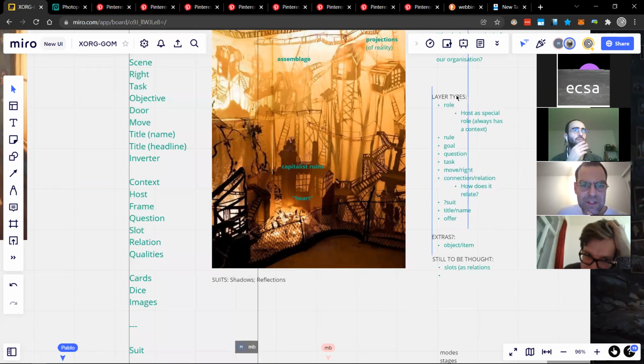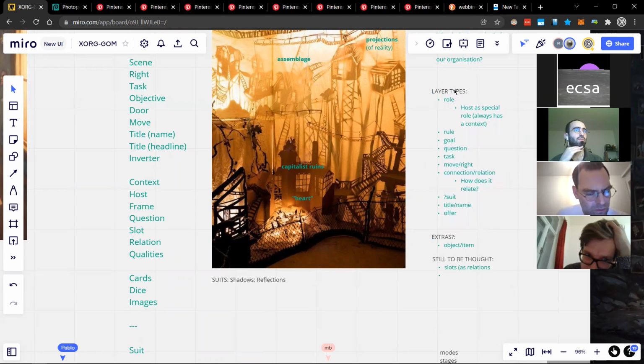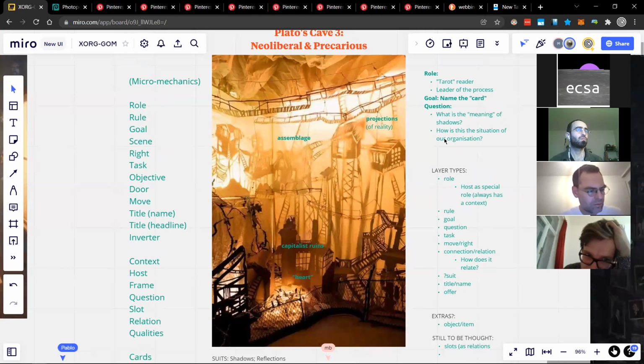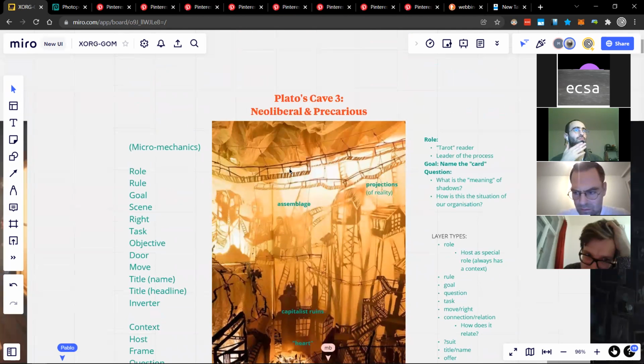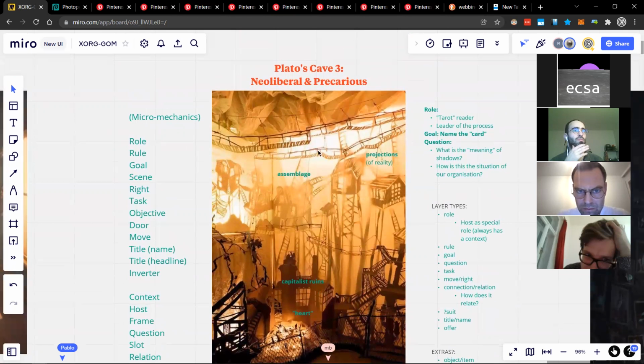We also had frames in an earlier session. In a way, frames are also everywhere, because frames are a way to see something separate, very roughly speaking. If there is a role called the tarot reader, there is a frame around it. And when Pablo titled this image, that's utilizing the frame of the image to give it a title. It's almost like the old style of having a frame, and at the bottom of the frame you have a title. It works the same way.